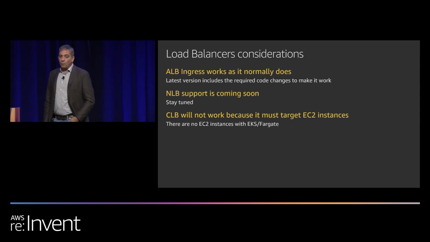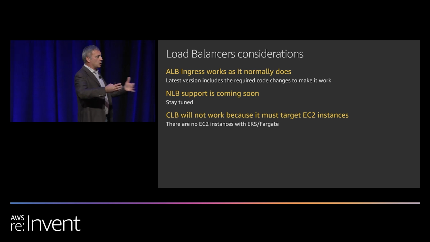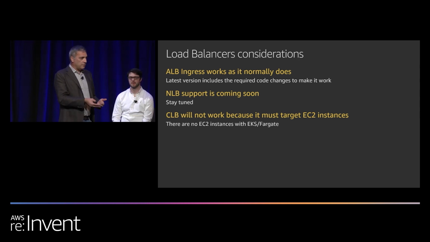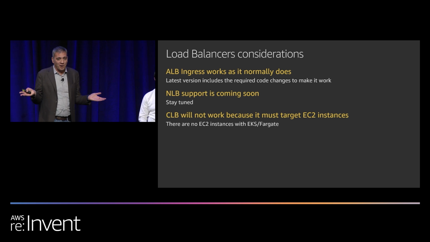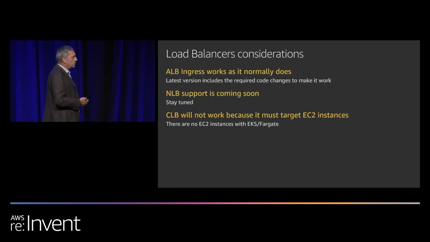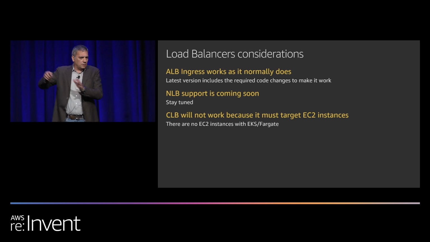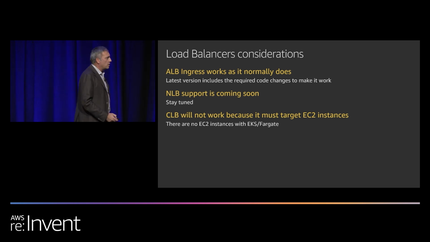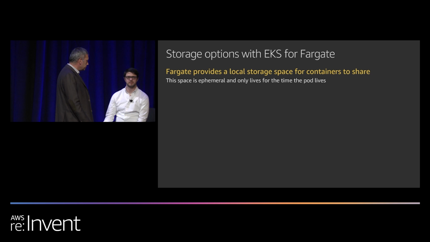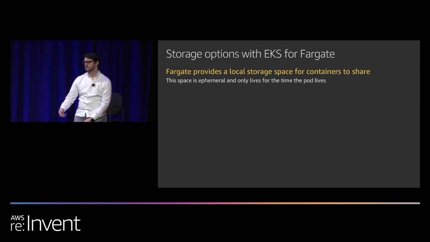CLB, it won't work because CLB, or the classic load balancer, assumes that it needs to connect to instances to be able to run. And since there are no instances, because they won't show up in your account, it cannot work. Right? So the only two options that we're going to have is ALB and NLB for the Fargate model. Okay? For the traditional EC2, it's whatever you have been using today. And those are managed load balancers, right? So if you're using things like Nginx or Istio Envoy for ingress, those work as well. So ALB uses ingress, and anything that uses ingress will work on this.